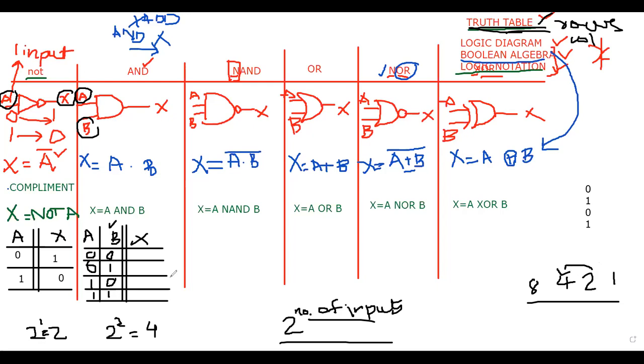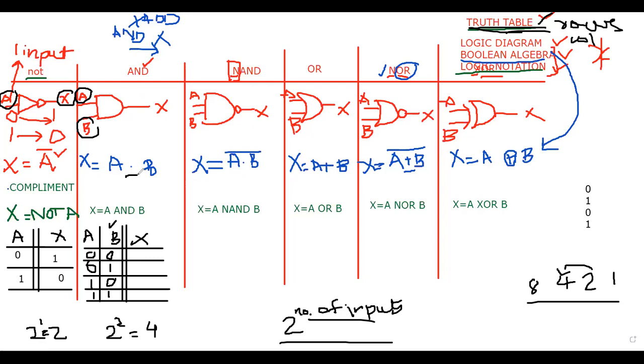Okay. ठीक है? And it would be the case when we have got 3 inputs. Because 2 raised to the power 3 means 8 rows. You got it? Okay, understood. We will do these examples in future, but आज हम सिर्फ इन्हीं basic चीजों पे काम करेंगे. ठीक है? So next आ जाओ.